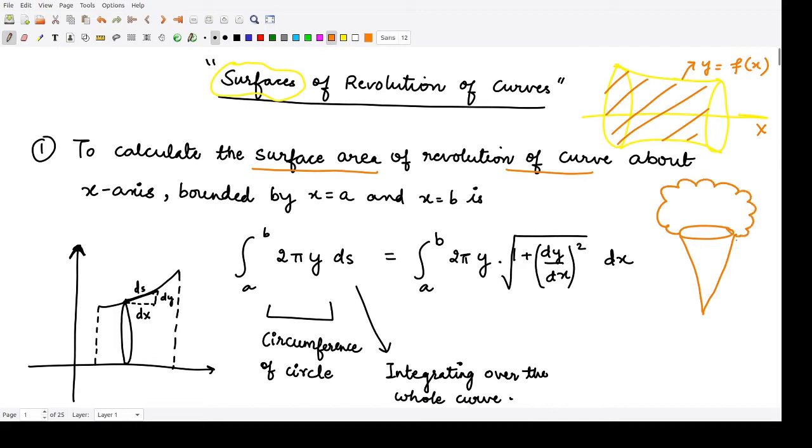Now if you are to calculate the volume, you have just eaten all the ice cream which was present up here, right? All the ice cream is available only here. That would be calculating the volume for this whole cone. How much ice cream is filled into this cone, that is calculating its volume. Now you have also emptied the ice cream which is present inside this cone. In this case, you are only left with this cone, right?